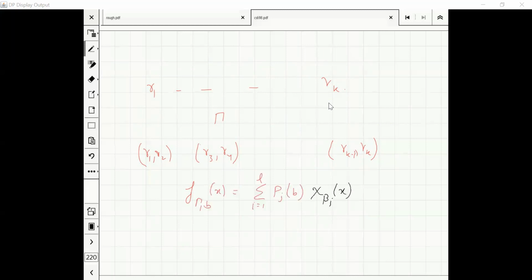Now it might happen for one restriction. There, how many restrictions are there? 2 to the power mod gamma, right? These are the many choices. These many assignments are possible for a set with gamma parities. For some function, some restriction, some PJB might be non-zero. For some other PJB might be non-zero.